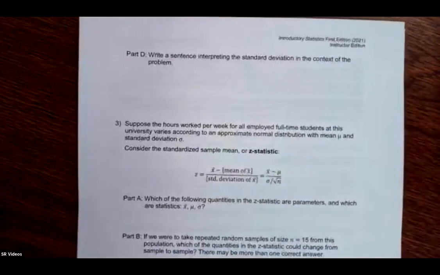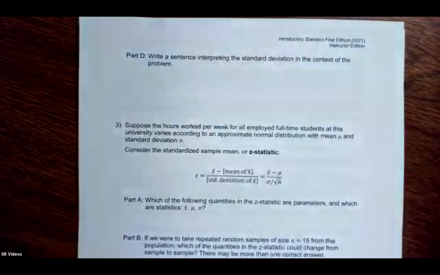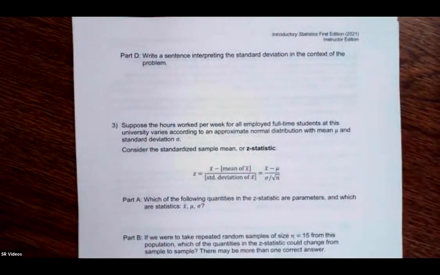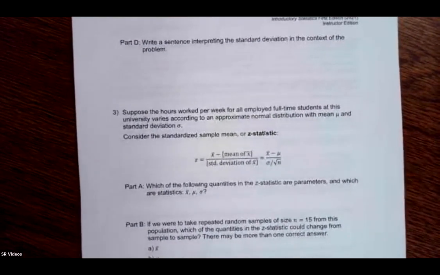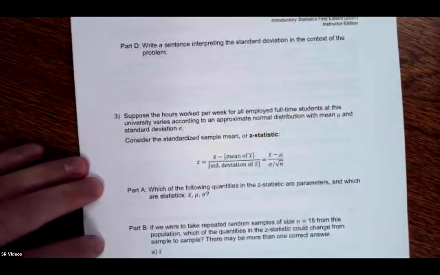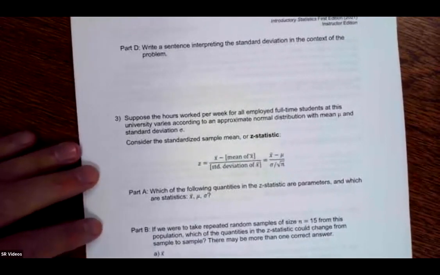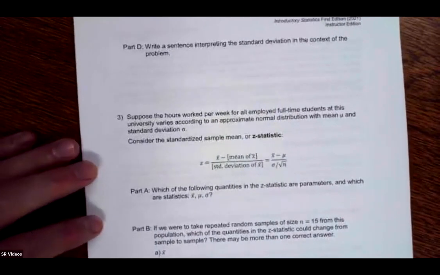Okay, part D asks us to write a sentence interpreting the standard deviation in the context of the problem. So go ahead and pause the video and just write a sentence. Okay, welcome back. The answer is going to vary based on the student's individual words, but the interpretation